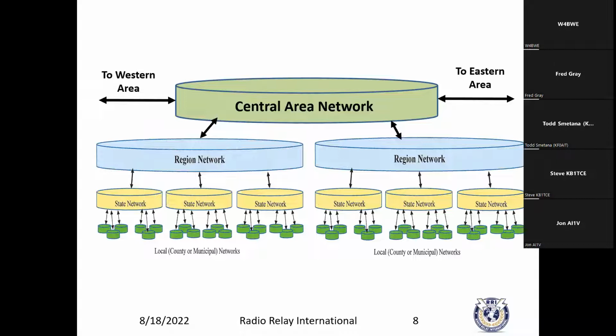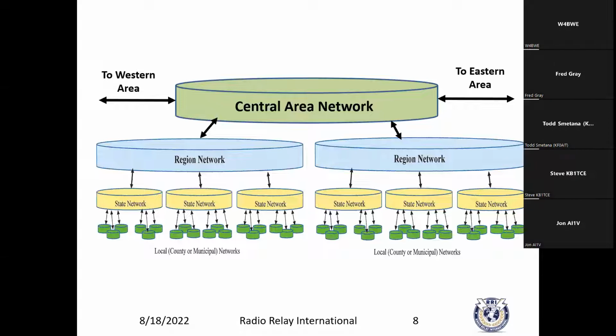So, for example, a section net can be activated to support a major disaster in your state. And assuming staffing is available, it can operate 24/7. If several states are involved, you can activate a region network. So, it's not to say that this is necessarily a bad arrangement. But obviously, as many of you know, this National Traffic System Network that we described in our